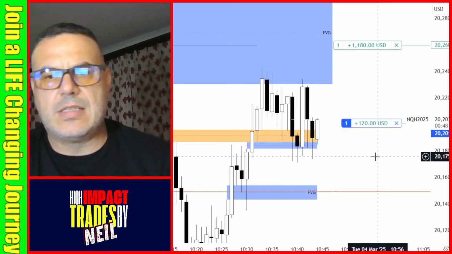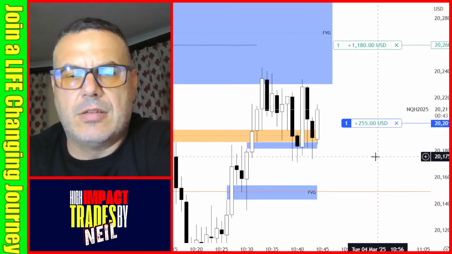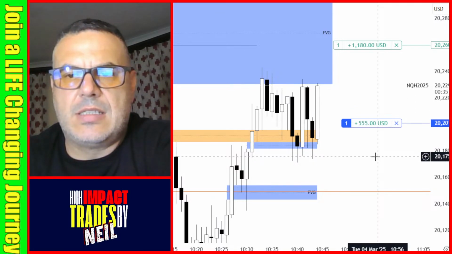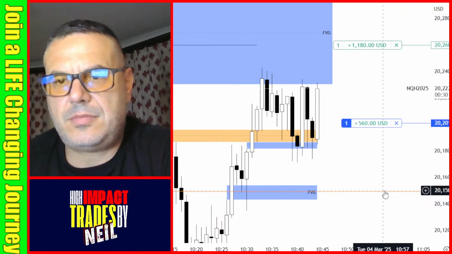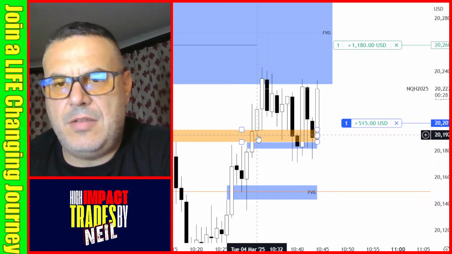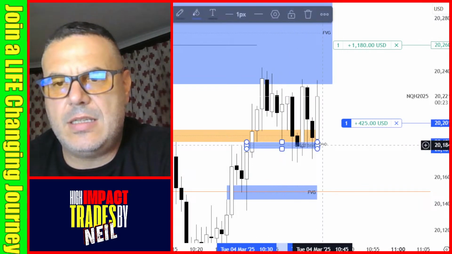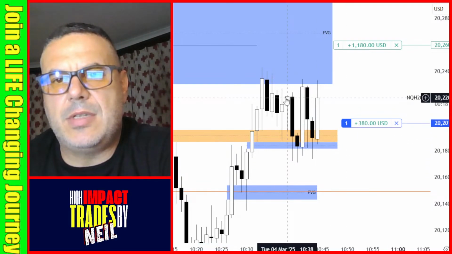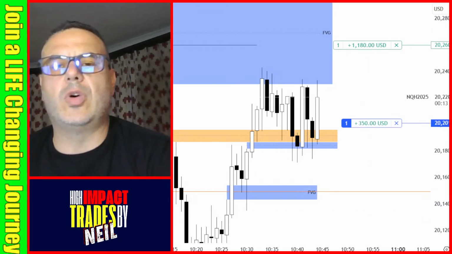If you guys can remember, yesterday I was very bullish. Obviously the market had an opportunity to go lower, and that's where you just sit out and not try to buy stuff because it has to go up. It doesn't have to do anything. See how this inverted fair value gap, this orange box, and this fair value gap are holding price nicely. Holds it nicely, but we just can't get there. And I don't know why we're waiting, or why we don't want to go.